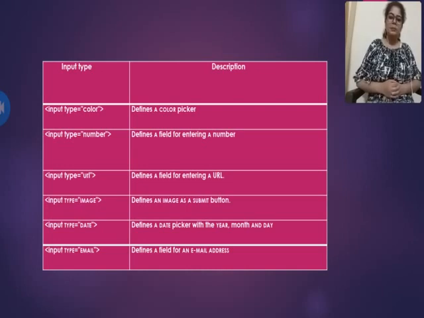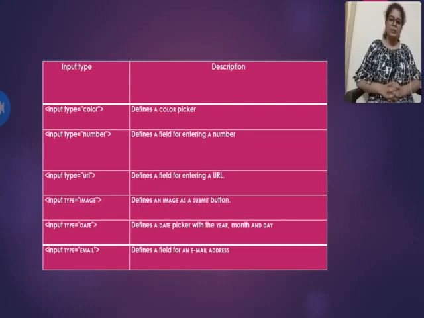Next is input type equals number. For example, you want to enter only numbers in that box. In case of phone number, you want to accept only numbers, so you can use input type equals number. Next is input type equals URL. URL is Uniform Resource Locator.